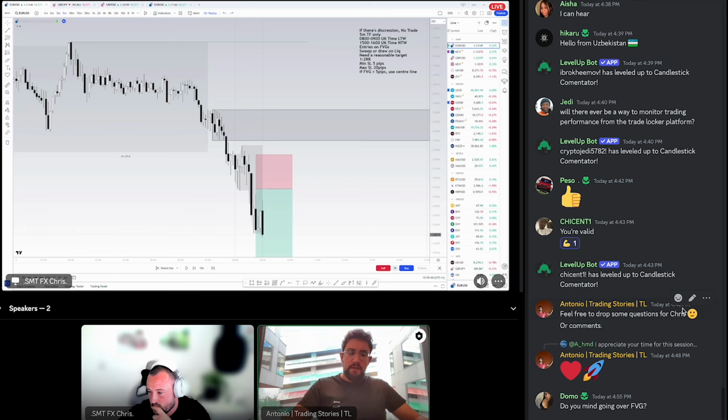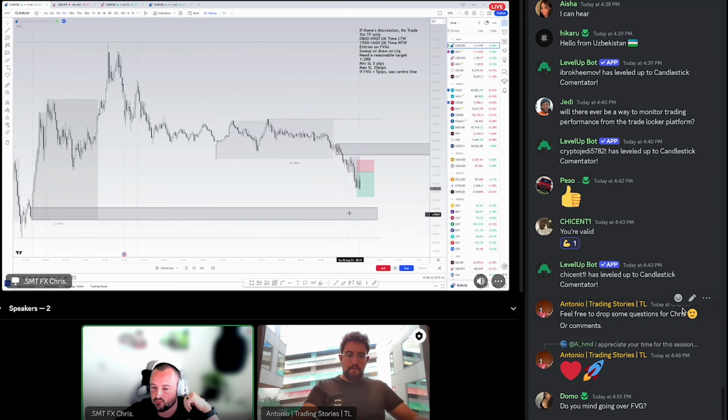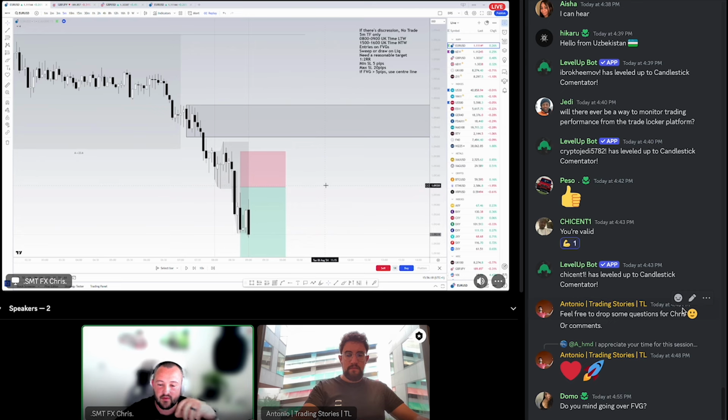Do you mind going over FVG? Yeah, sure. I'll cover fair value gaps very quickly. For this particular trade, this one did not trigger. The pending order didn't fill, but eventually price did move towards our target, which was fine. If that happens, it happens. I would rather stick to the rules, having the entry on the middle of the fair value gap, because then I can make sure that my target is reasonable and doesn't exceed where I was trying to aim for.